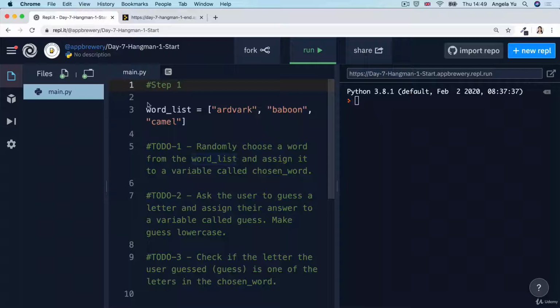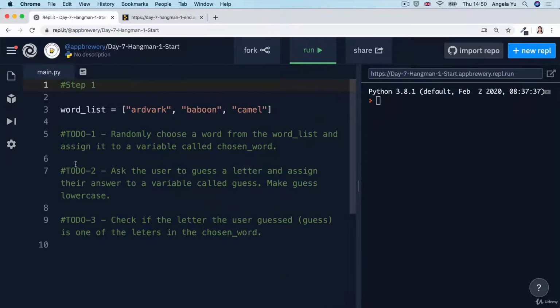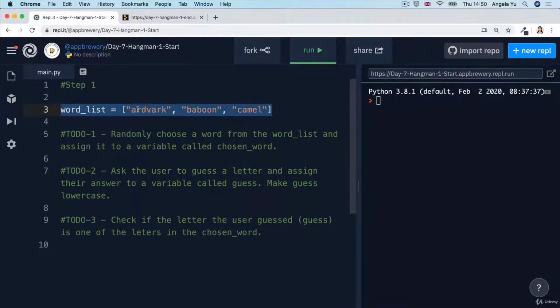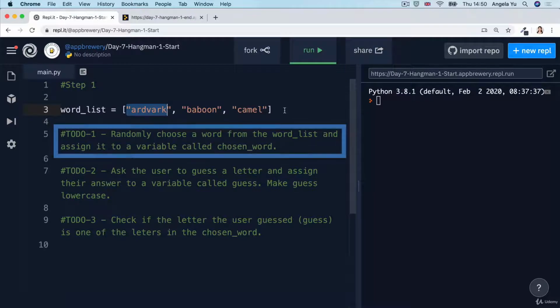Alright guys, so to get started, head over to the starting Replit file, which you'll be able to find in the course resources. And you should see a pretty much empty file, as well as 3 to-dos for you to complete. All I've got here is a list of 3 words, aardvark, baboon, and camel,